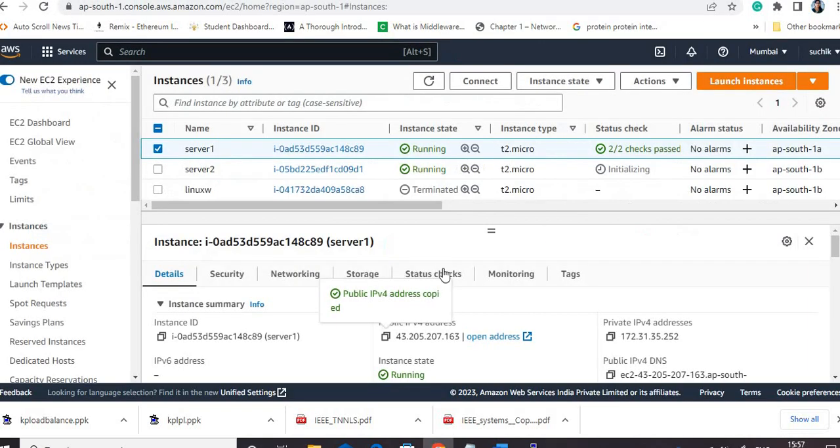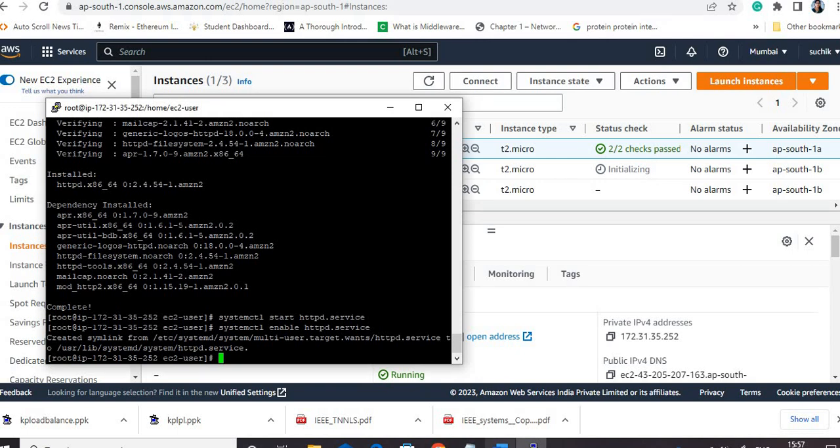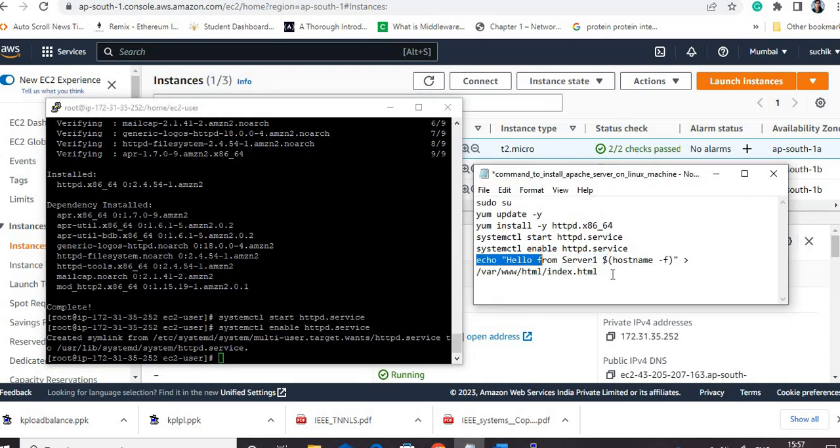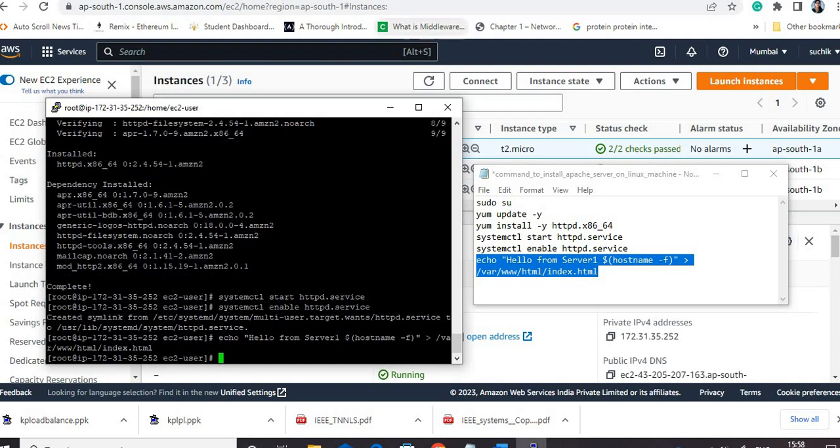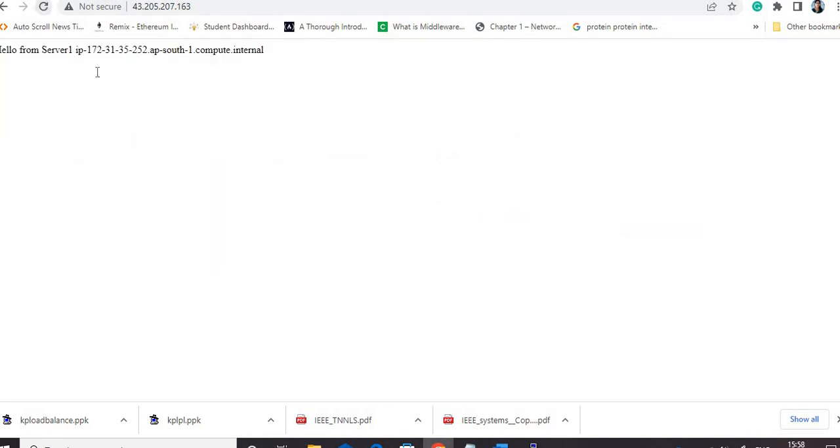Now I need to create my own web page. So I'll copy the command that is written here. The message I'm saving: I'm printing one message, hello from server 1 and host name, and I'm redirecting this message to the file that is present in var www html folder, and the name of the file is index.html. So I'm copying this command here and pasting it. Now if I refresh this page again, you will see that my message is showing here, hello from server 1, and the DNS name of my